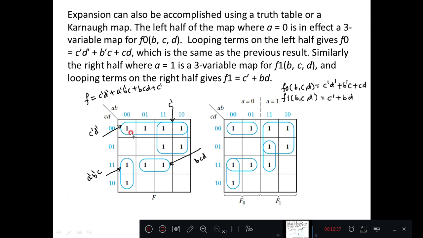On the K-map, if you enter 1s and do the grouping, you will get this particular solution. This 4-bit grouping gives you C dash, D dash, this term B, C, D, A dash, B dash, C, and this particular term you can observe C dash.